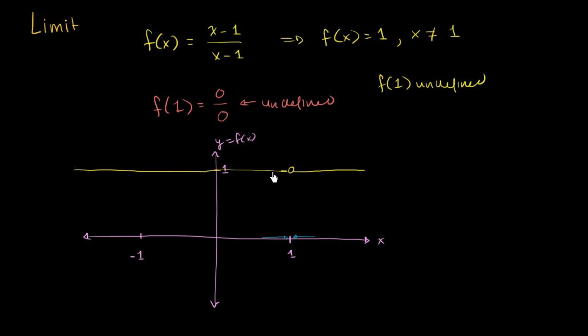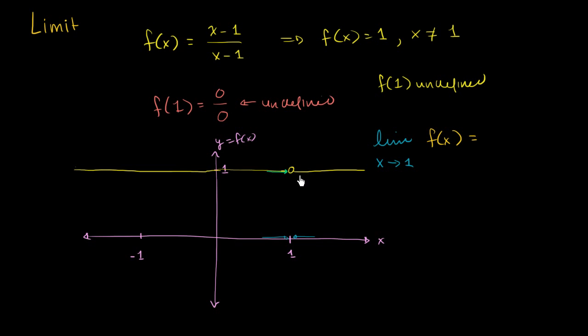Well, this entire time, what is the function getting closer and closer to? On the left-hand side, no matter how close you get to 1, as long as you're not at 1, f of x is equal to 1. Over here, from the right-hand side, you get the same thing. So you could say, and we'll get more and more familiar with this idea as we do more examples, that the limit, lim being short for limit, as x approaches 1 of f of x,